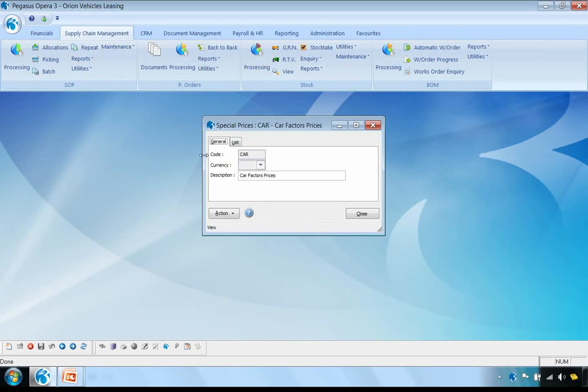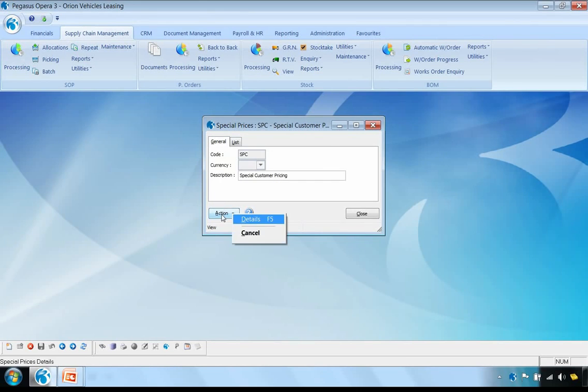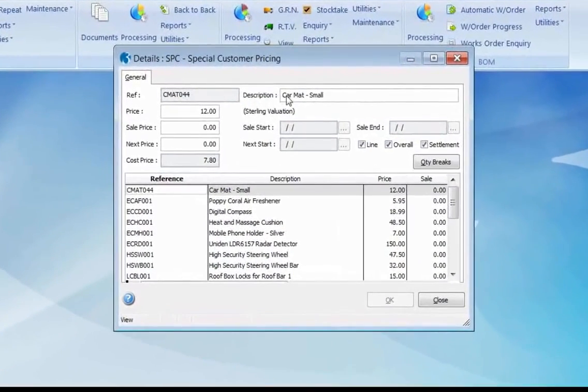Here I'm looking at the special prices. Here's a list of the price lists that I have. I'm selecting a particular price list, and I'm looking at the details for that price list. So what we see here is for that small car mat, we have the price of £12 from the stock